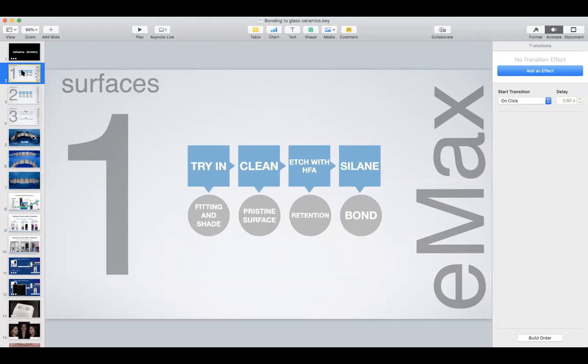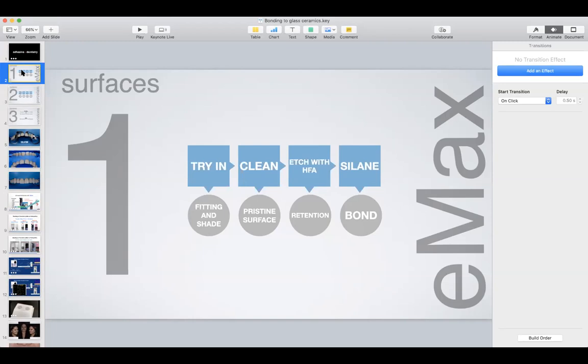So usually what I did when I practiced, and I did practice for 20 years, whenever I was going to do a veneer, I etched, I tried it in, and then I etched, rinsed, cleaned, dried, applied the silane, and then went to the tooth, isolation, whatever. And then after that, I did the bonding to the tooth and then delivered the veneer. Silane needs to stay on the surface for about 3 to 4 minutes, at least, okay, at least,